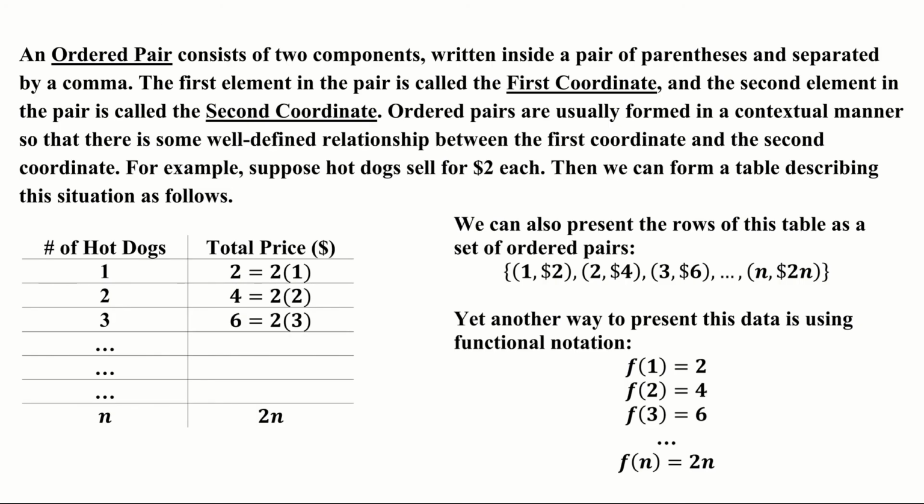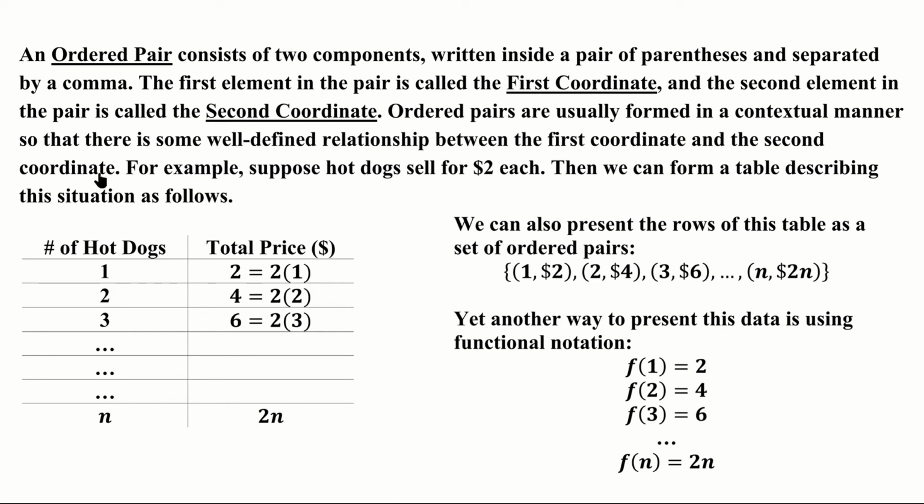We'll start by taking a look at ordered pairs. An ordered pair consists of two components written inside a pair of parentheses and separated by a comma. The first element is naturally called the first coordinate, and the second element is called the second coordinate. Ordered pairs are usually formed in a contextual manner so that there's some well-defined relationship between the first coordinate and